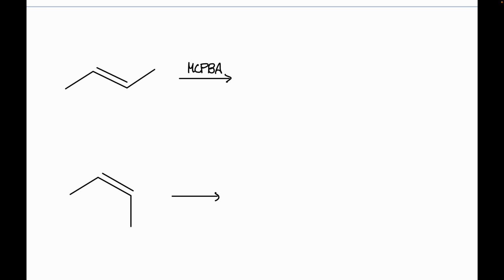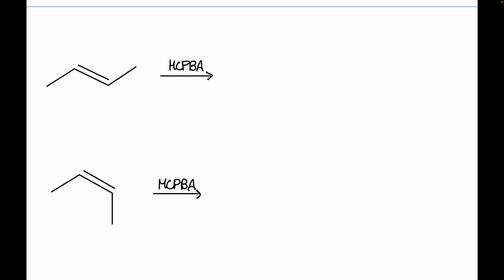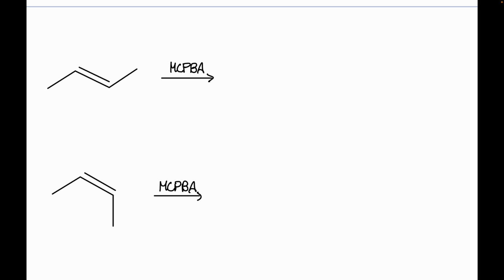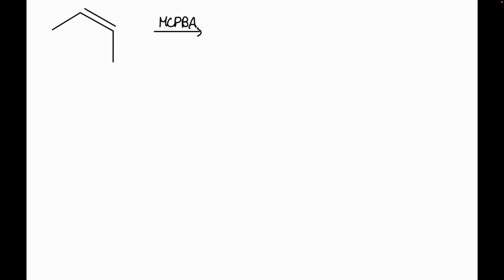All right, let's think about this. We're going to take two different alkenes, one in the trans conformation, and one in the cis conformation. And we're going to treat them both with that peroxy acid. All right, I'm going to take this example first,